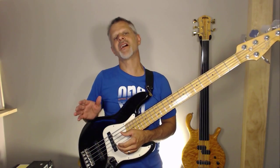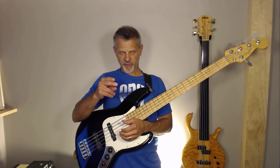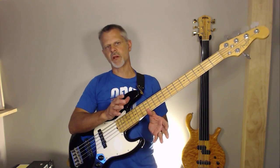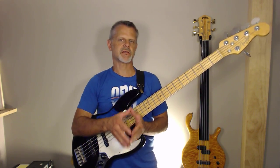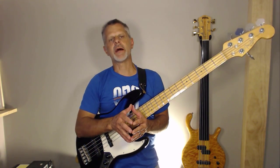Okay, so here's another exercise for your right hand that's going to incorporate alternating your fingers again. But this is working through chord tones, and it's working through the chord tones of the G major scale. You could start this anywhere, so you could do it in any major scale pretty much. But to run that down real briefly, just so you know what we're doing here, we're going to go up